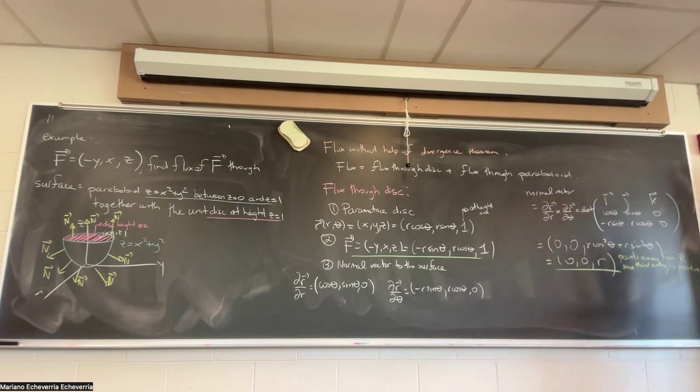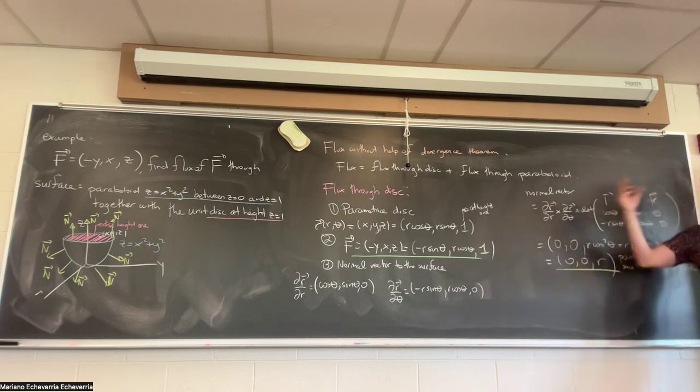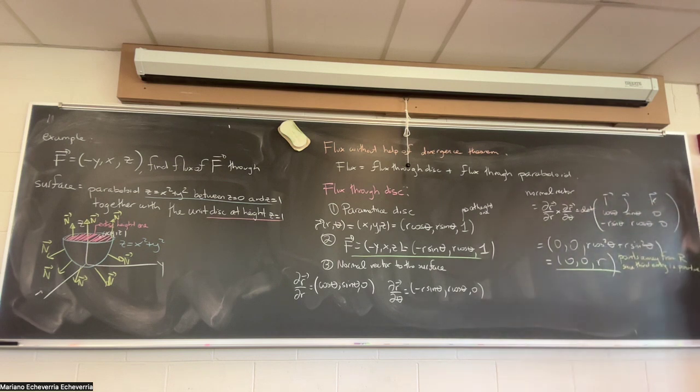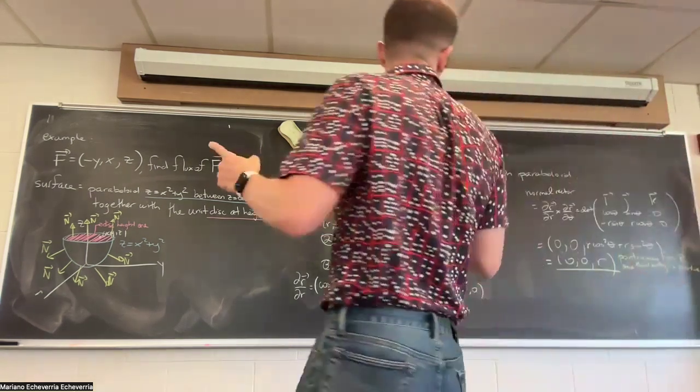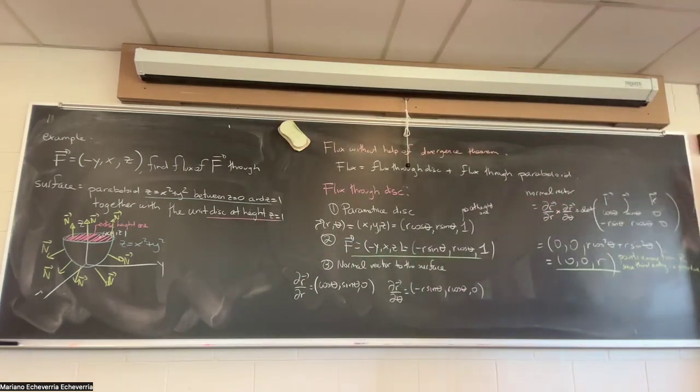If it didn't point away, would you flip the sign? Right, you could have done the cross product in the opposite order. If you had done it in the opposite order, you get 0, 0, negative r. So it's the same as flipping the order of the cross product. For these flux problems, you do have to check that the cross product was taken in the correct order, by verifying something of that sort. Otherwise you would get the answer off by an overall sign, but you don't have to redo the calculation. You just multiply every entry by -1 if it has come out the wrong way.